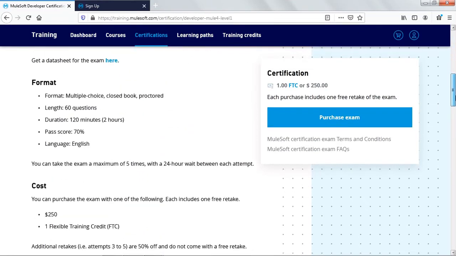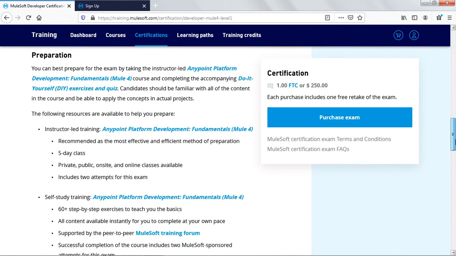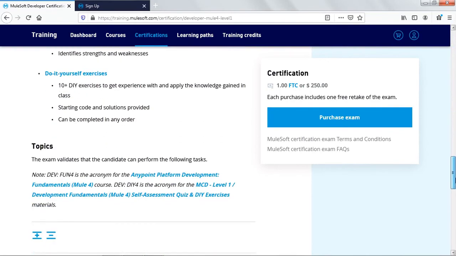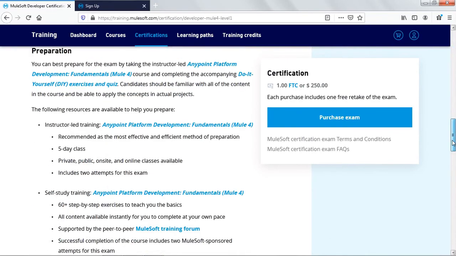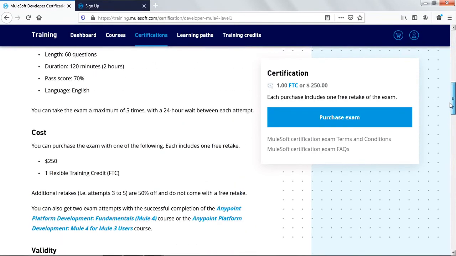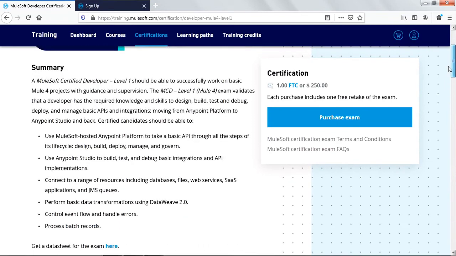The next important part is this certification. This certification exam is a proctored exam. When I say proctored, it means you need to start your video camera. For that, you need to install some things on your laptop which are recommended by the exam authority, and there would be someone who would be monitoring you throughout the exam.